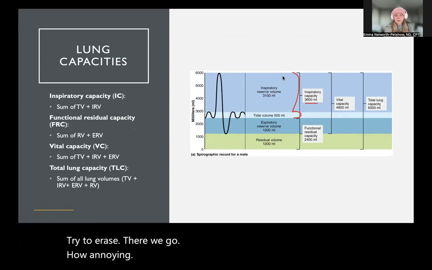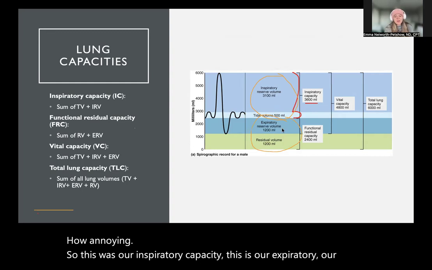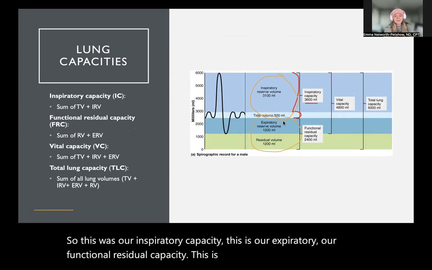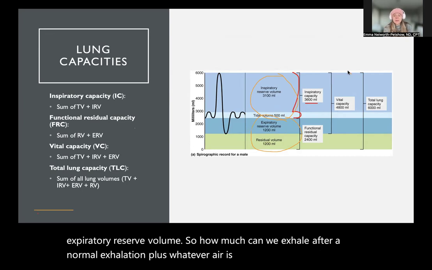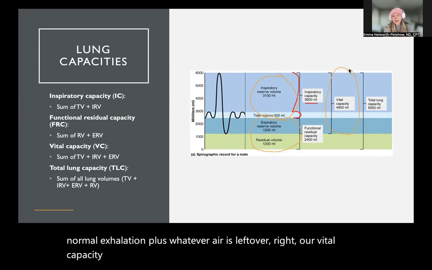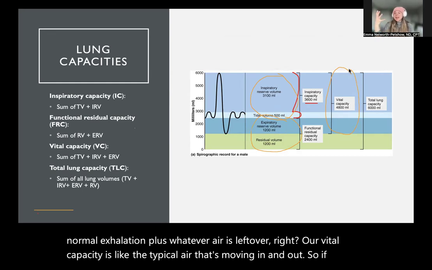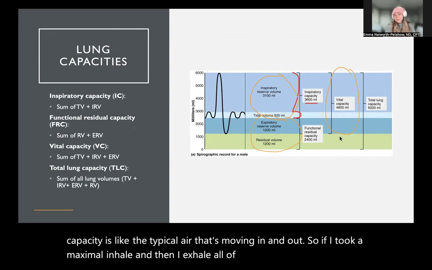Oh, okay. So this was our inspiratory capacity. This is our functional residual capacity. This involves our expiratory reserve volume, so how much can we exhale after a normal exhalation, plus whatever air is left over. Our vital capacity is the typical air that's moving in and out. So if I took a maximal inhale and then exhaled all of my air, what's the maximal amount of air